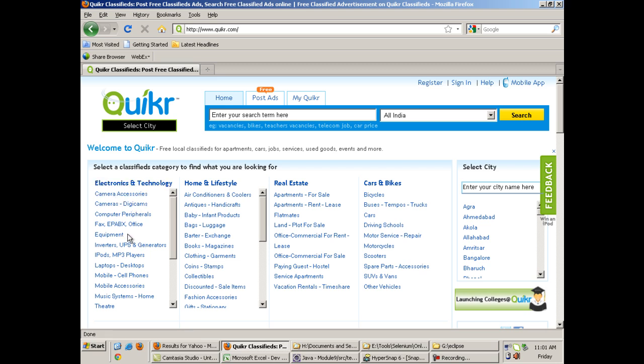Suppose this link is not working over here, or this link is not working. You don't want the code to stop in between. You want this error to be reported and the links after that to be tested. If this link is not working, then some kind of exception or assertion error will be thrown, and the assertion will be failing for this link.